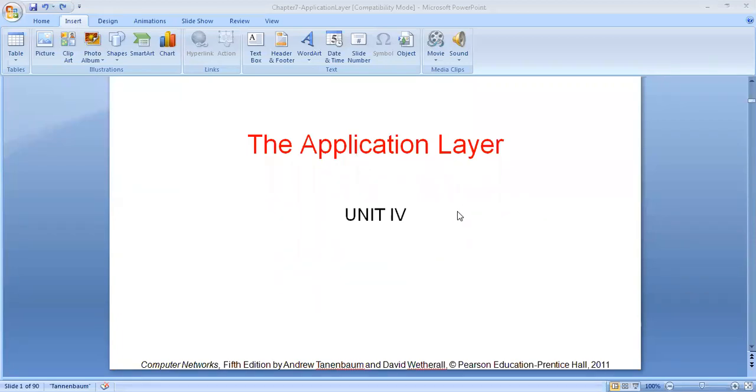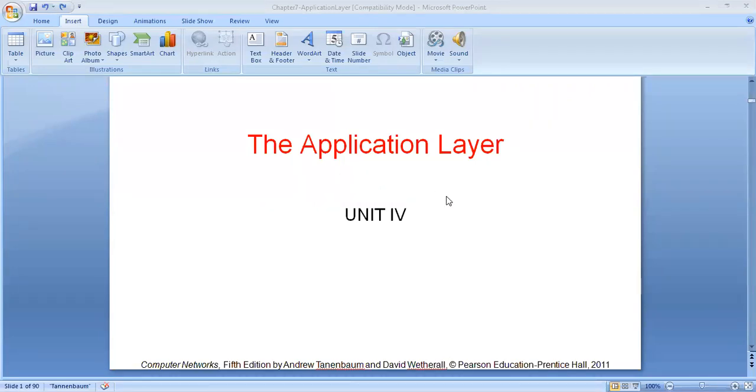application layer, because we cannot understand what is exactly happening, or how the data link layer is working, or how the transport layer is working. We cannot understand that. But the interface we can use is only the application layer. That is, we can use the mail services, or we can use web applications. All this is at the top of the OSI layers, so that we can use it as the main thing.